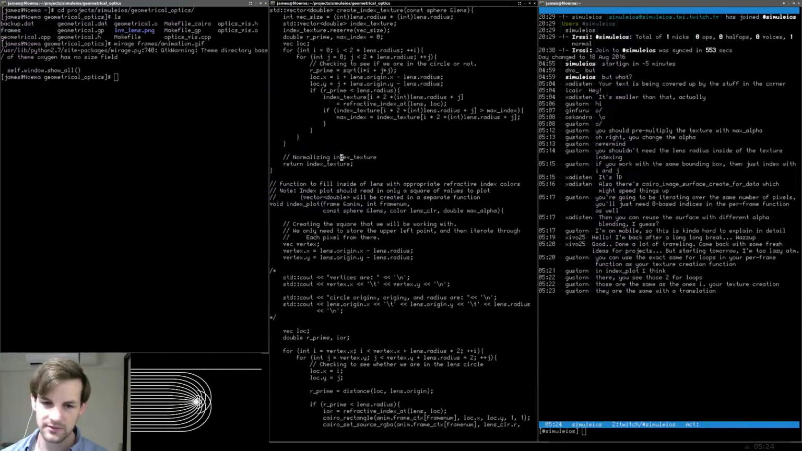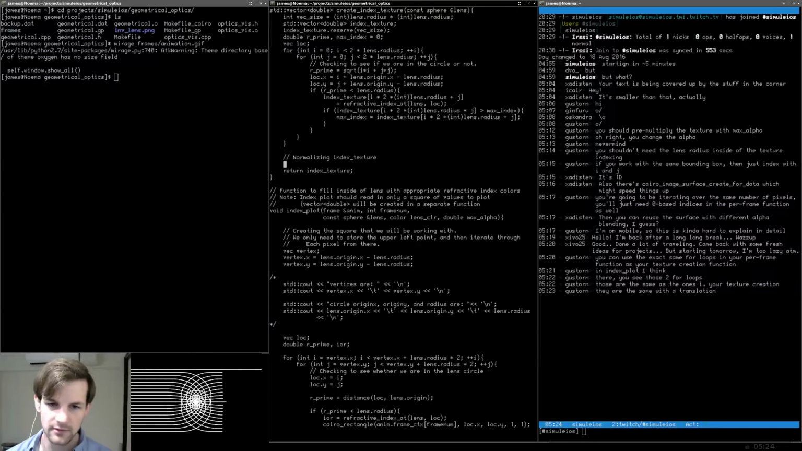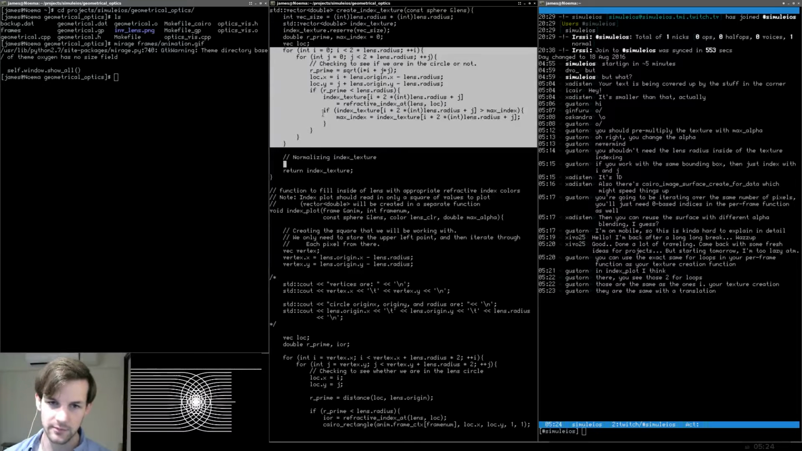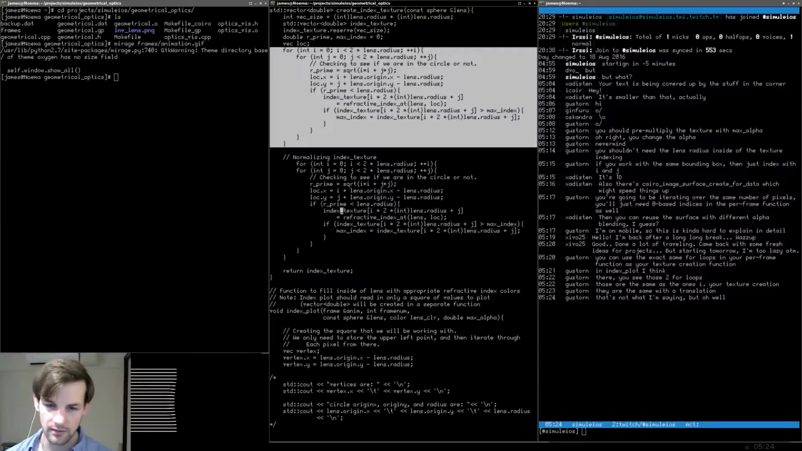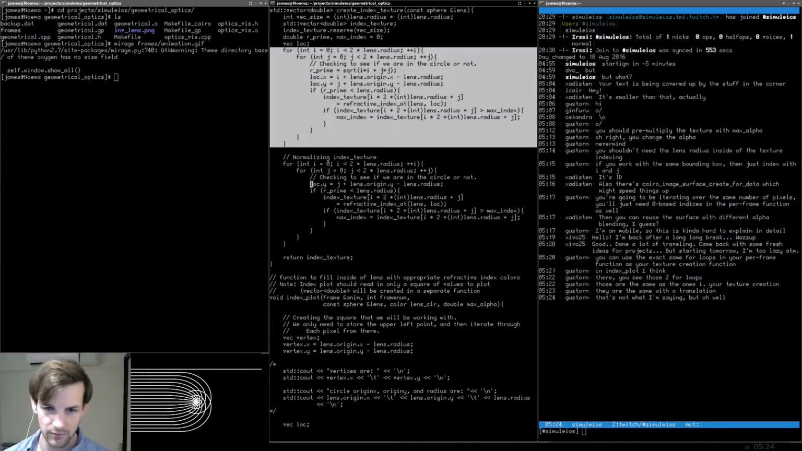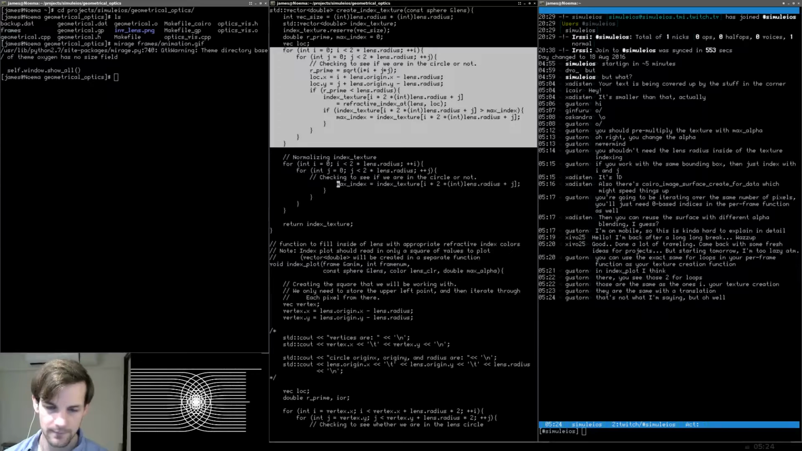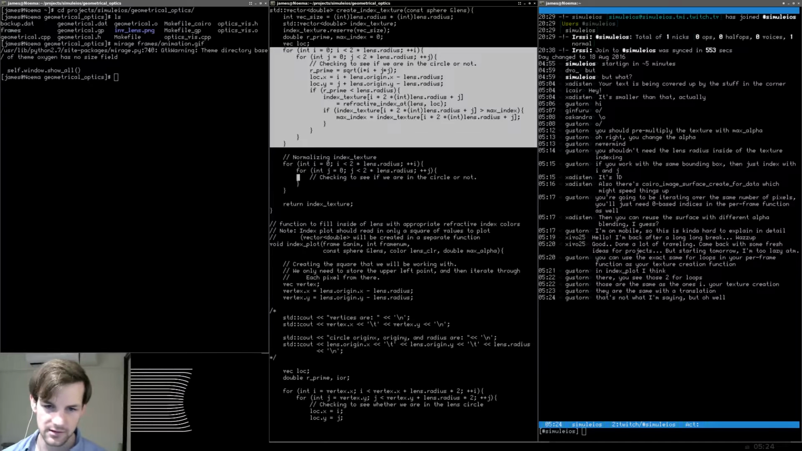So now we have to normalize the index texture. Let's go ahead and do that down here. So we're going to say basically the same thing we had before. So basically these for loops without stuff in the middle. So we can just grab those for loops, remove some spaces. Sorry about that, Gastorn. Let's go here, remove all the interior stuff. And now what we're going to say is